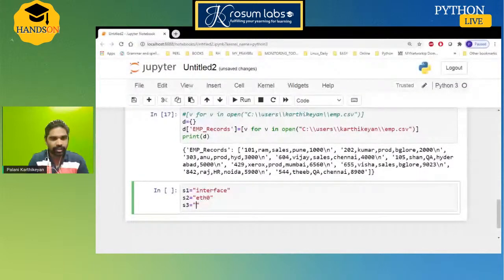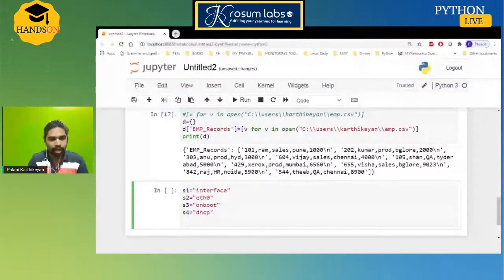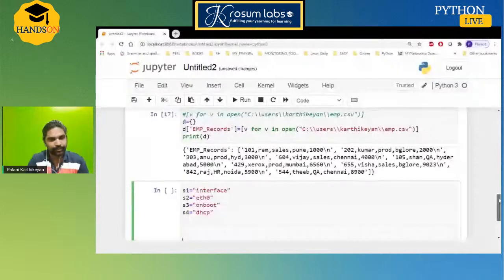In the following session, I will show you how to filter and how to split the data. Here I will show you the task: onboard parameter, followed by DHCP. This many lines, all this content we have to convert to configuration parameter style. The header line is interface, the column below is ETH0; the header is onboard, the column below is DHCP. So before going to CSV, we have to handle the structure, the format, how to create the file in CSV format.